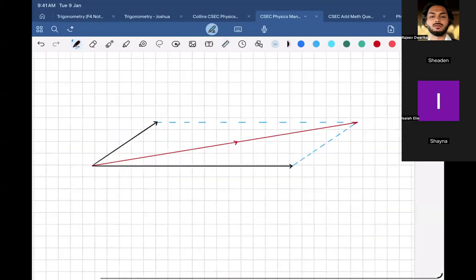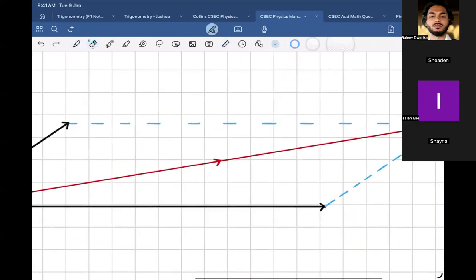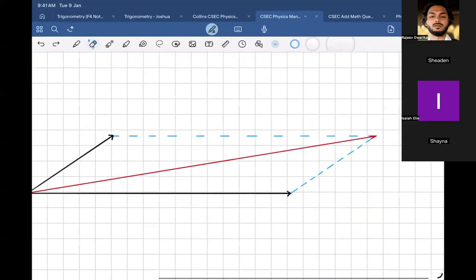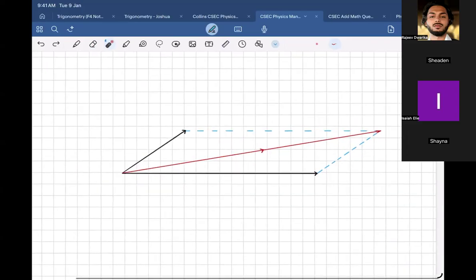Right, so make sure your diagram looks like this. If you want, you could leave out this arrow. The main arrow that you need to have for all of them is the arrow at the end of the vector, right? But again, the reason why we put the arrow in the middle is because in the exam you're only gonna have one color, it's a pen, so it's gonna be kind of hard to see over there. So put it over there to show the direction. Great.